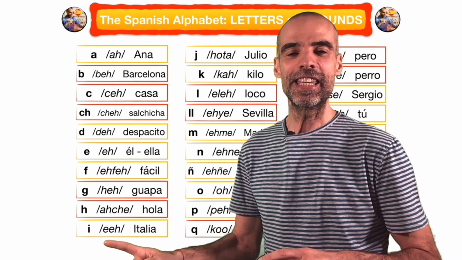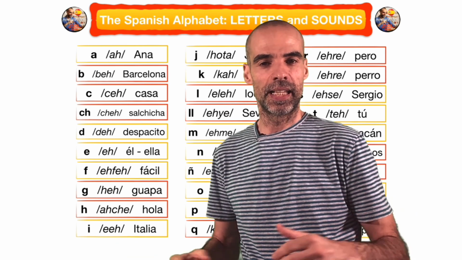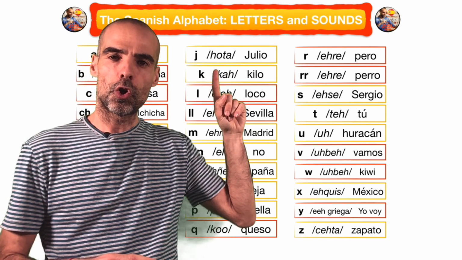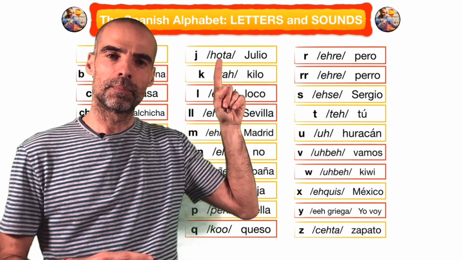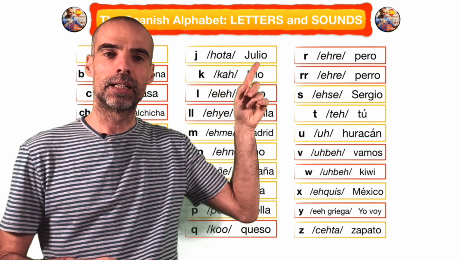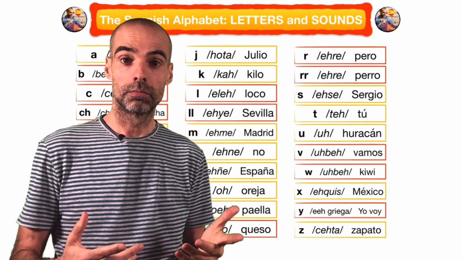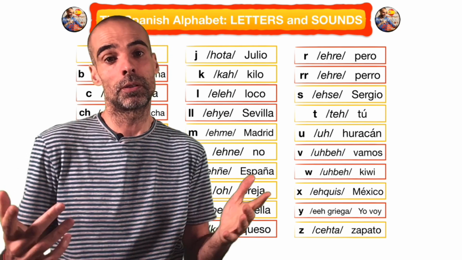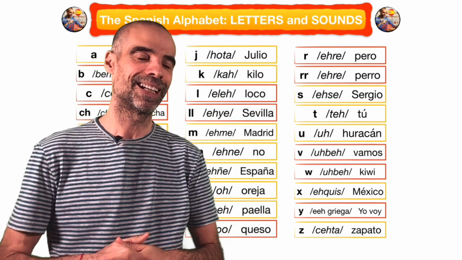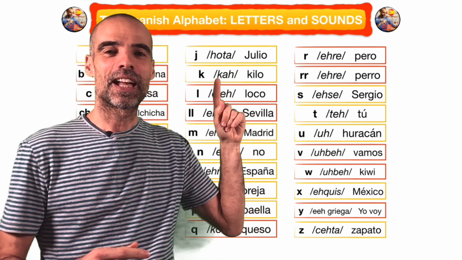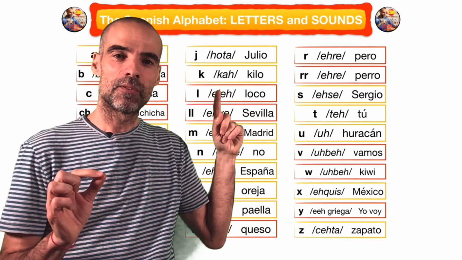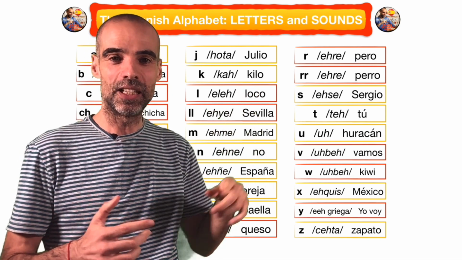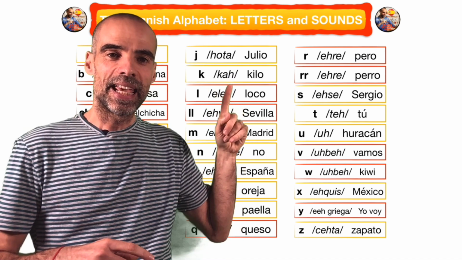Okay, and we have I. I de Italia. I for Italia, I. Okay, that's easy. Now we have J. Okay, this H here is for the sound, J. Like the month, Julio. Okay, Julio, Agosto, Septiembre, Julio. Or a noun. Hey, Julio. Hola, Ana. Okay, and we have K. The sound is K, and for example, kilo. In English, we have kilo as well, okay? Kilo, K, kilo. L,